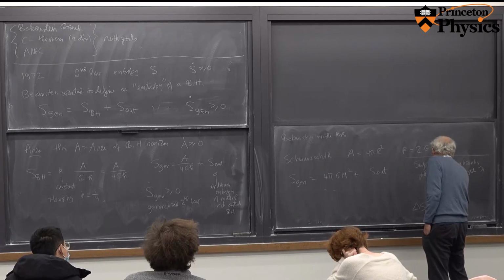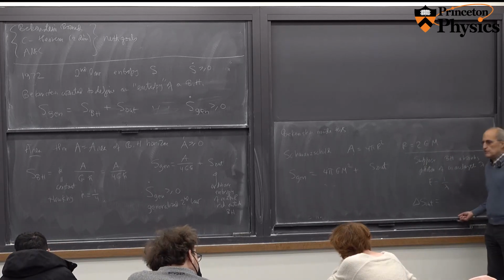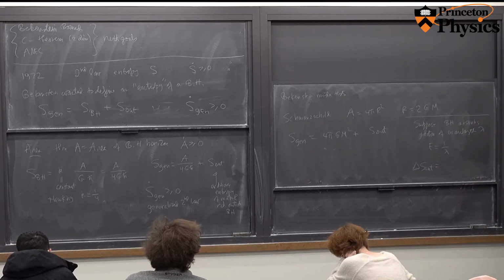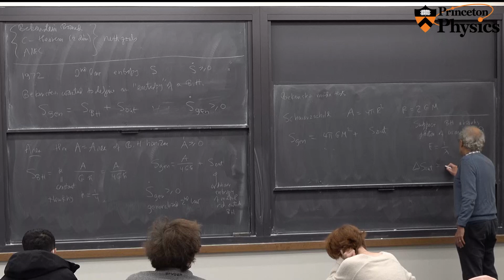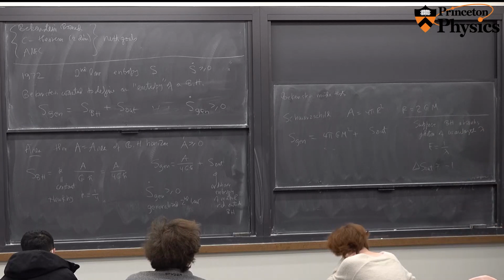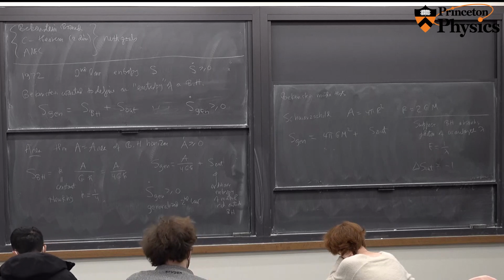S out will go down by whatever entropy the photon was carrying. And that's an amount of order 1, because at the minimum, the photon has 2 polarization states. And we might worry about its position, but that won't change very much. So delta S out changes by an amount of order 1, well, at least of order 1, but not much bigger. Bekenstein actually considered black body radiation incident on the black hole. And the entropy per photon is of order 1 in a black body, which maximizes the entropy in a large collection of